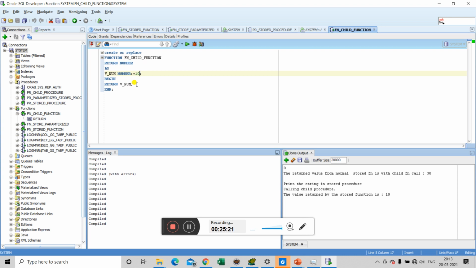But we are not able to return more than one value this way. So to do that, we normally use a parameter of type out.